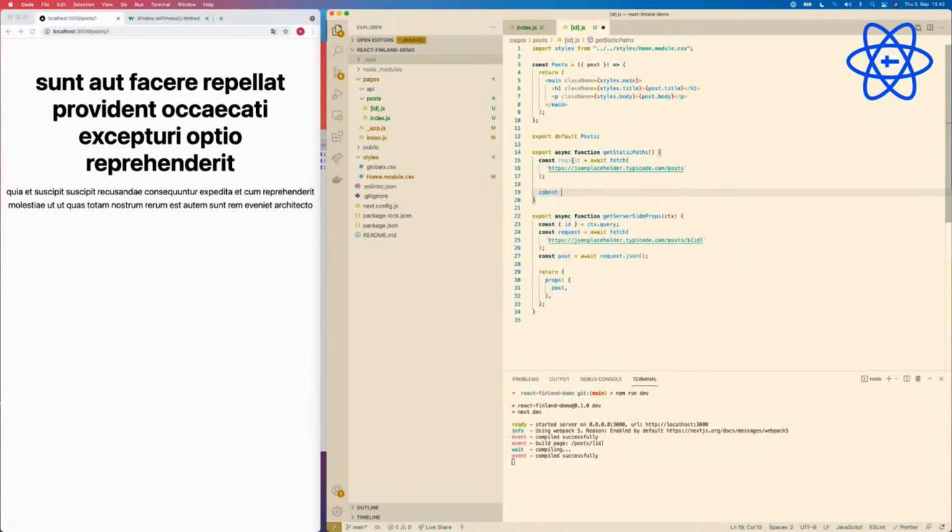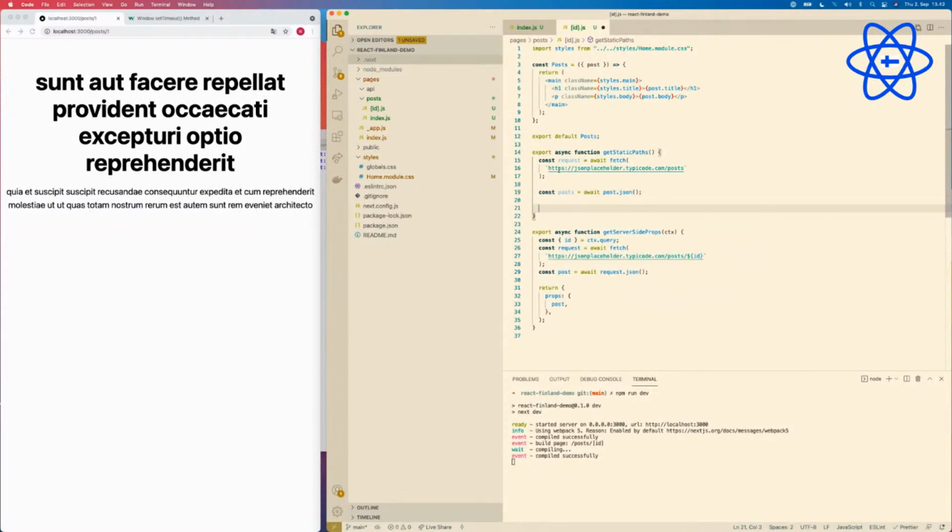And then use those posts and map through the posts and basically create pages or paths for our application.